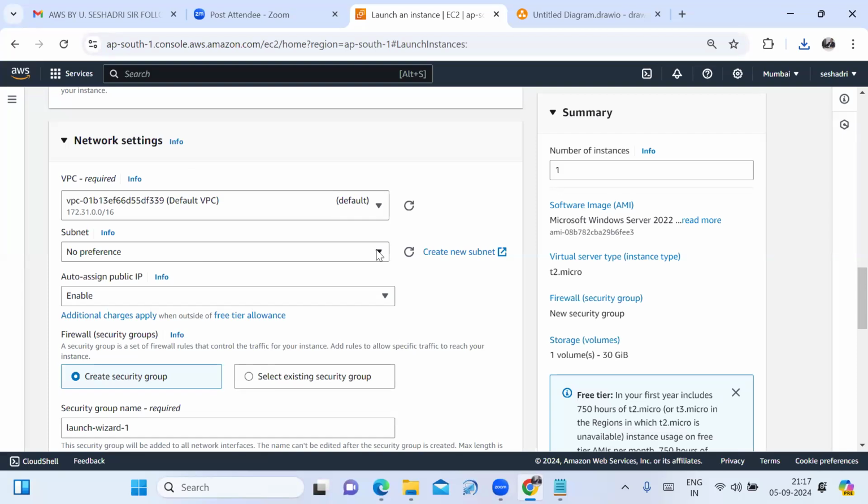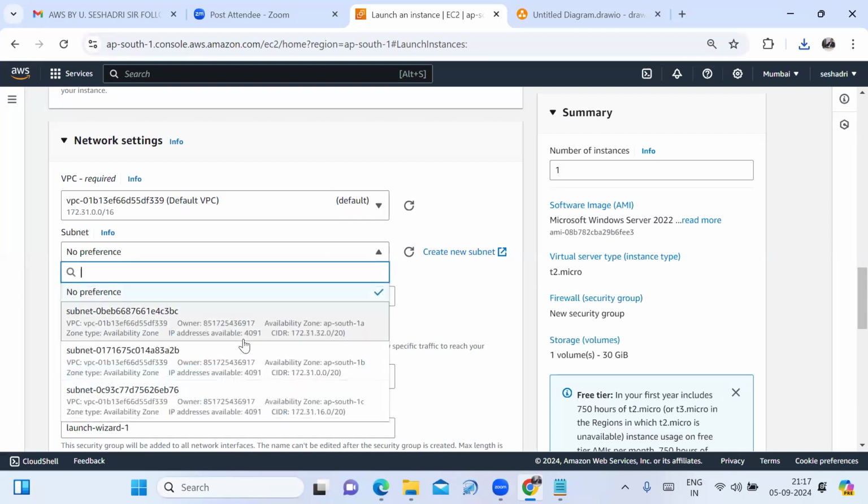Just now I told you that in the Mumbai region, 3 availability zones are there. For one availability zone, one subnet; for another availability zone, another subnet; for another, another subnet. If I select AP South 1A, my Windows server is launched in AP South 1A.